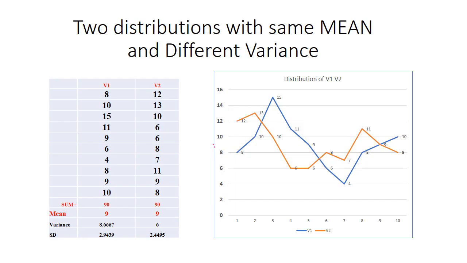Here you can see the two distributions with the same mean and different variances, V1 and V2 are the variables given here. You can see that the sum of observations is the same, the mean is the same, and the variance is different, as well as the standard deviation. Here on the right side you can see the distribution, the variance is there,